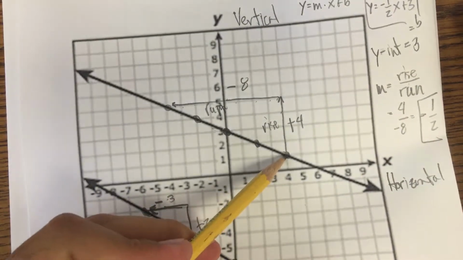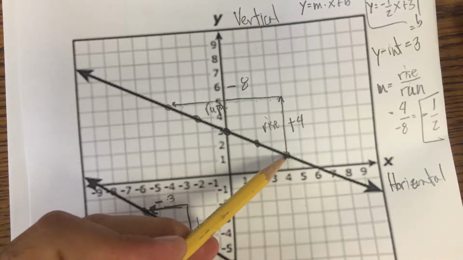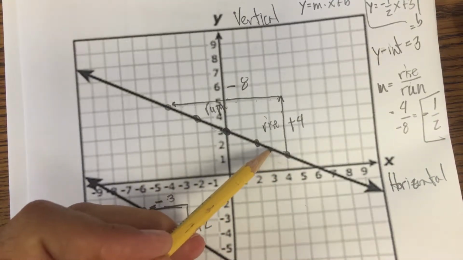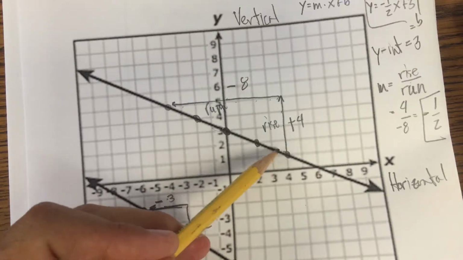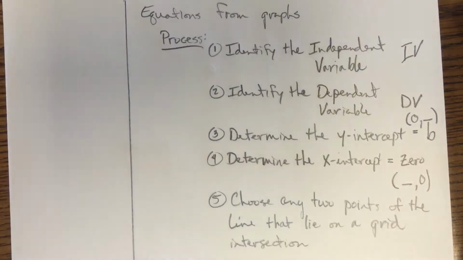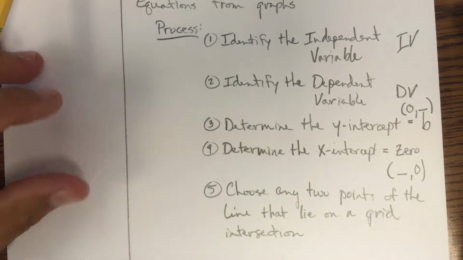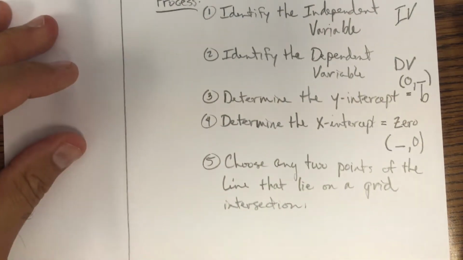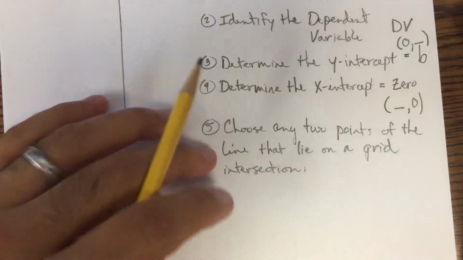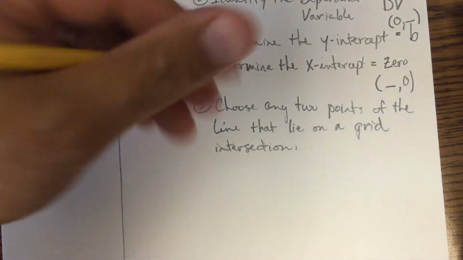Remember, we picked this point right here because it's on the horizontal and vertical grid. This point won't work. This part of the line won't work because there's no horizontal grid marker. There's just a vertical grid marker. So we have to be careful to use the right points to make sure that our numbers are nice and whole numbers. We like whole numbers. After we figure out 2 points, then we can use those 2 points,